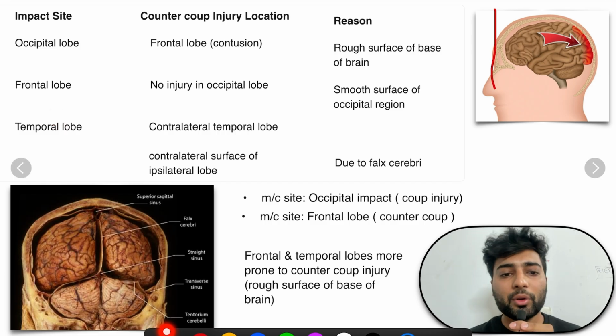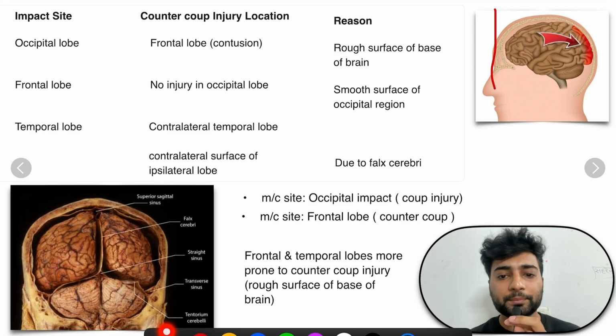Now let's come to the temporal lobe. See, in this diagram you can see this is the temporal lobe. So whenever there is an impact over here, then the coup injury occurs here, and the counter coup occurs here, right? Because the brain will hit over here. But the counter coup can also occur on the ipsilateral part. This is the part where the impact happened. In here also it can occur due to this falx cerebri. The brain hits over here. So the contralateral temporal lobe, or the contralateral surface of the ipsilateral lobe, can also have